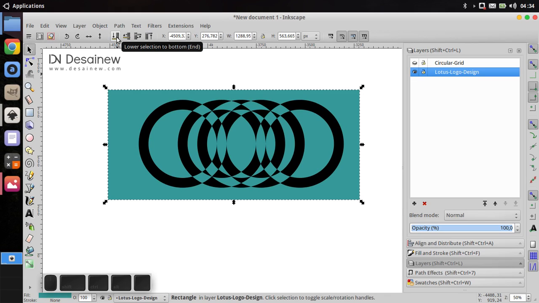That position is located at the bottom of the circle object.